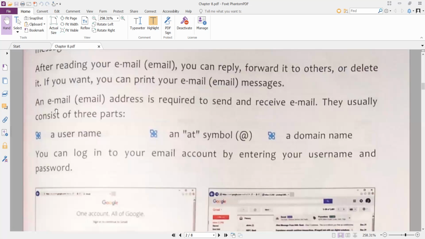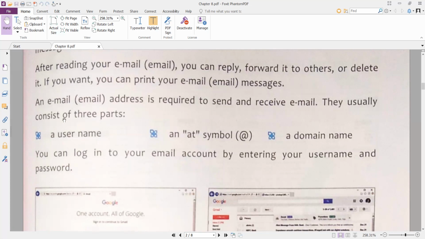But to send the email, you need an address. Which type of address? You need the email address. Like when you were posting letters at that time, you also had to write the address of the person to whom you wanted to send the letter. In the same way, if you want to send a message over the internet through email, an email address is required.